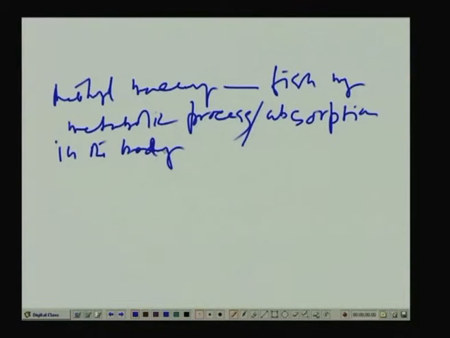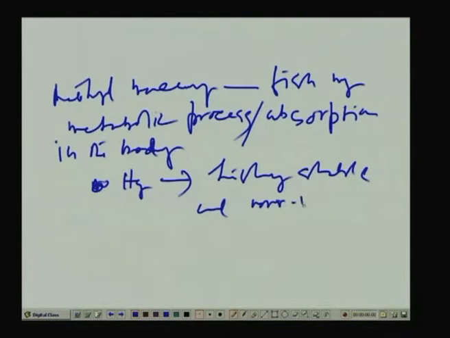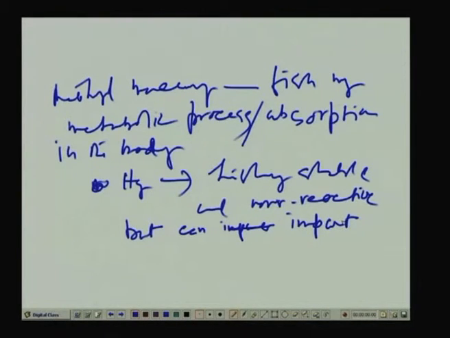Now, this absorption in the body, as a result of which this methyl mercury, particularly the element mercury, is highly stable and non-reactive. But it can impart heavy impairment, particularly in the nervous system,